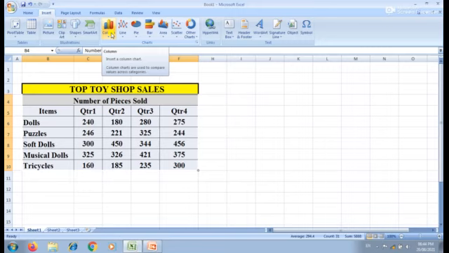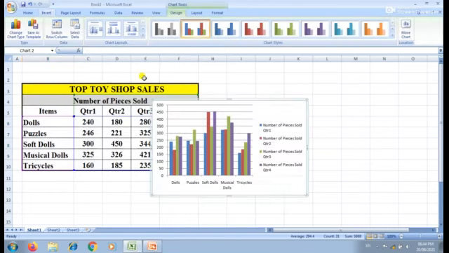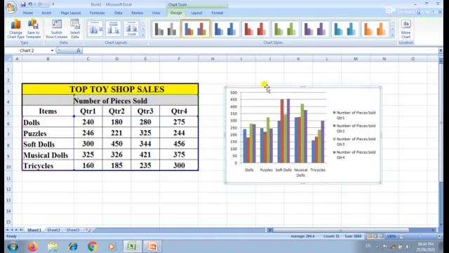After selecting it, the drop down list opens. In that you can choose any type of column chart. I choose 2D, that means the 2-dimensional column chart. As soon as I click, the chart is created for this data series.